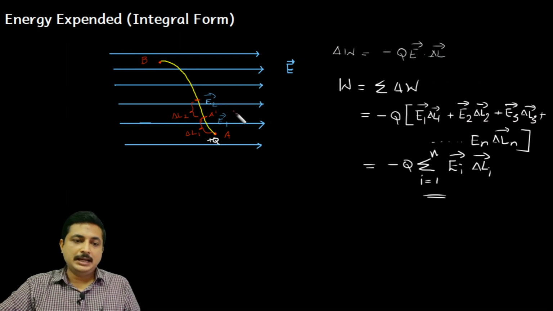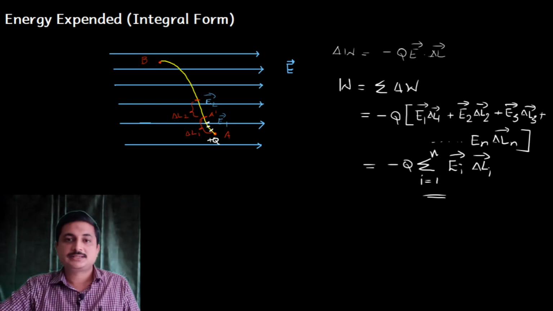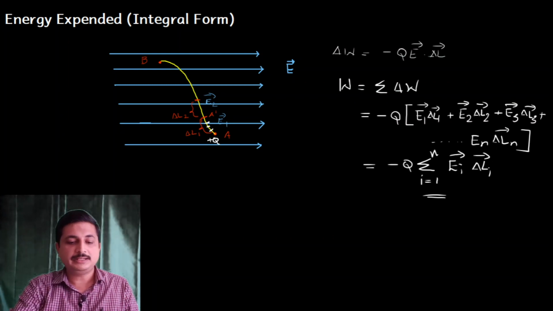So now my idea is, I will use a better mathematical computation process. What I will do is, I will make this path further small. You know that if I make the path further small, I am complicating it. Okay, you may think that way. No, but I am mathematically making it easier. Let us see how. What I am going to do is, I am going to further divide this delta L1 into still smaller paths, something like this. Still smaller paths, in the sense, infinitely small paths. I am going to make it infinitely small.